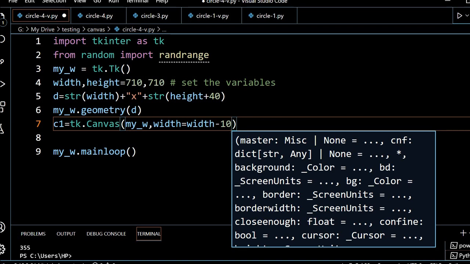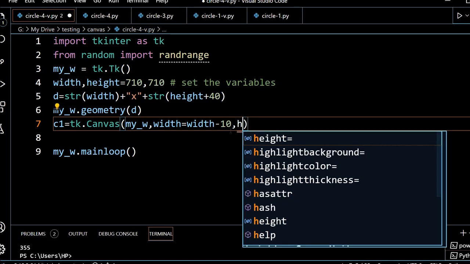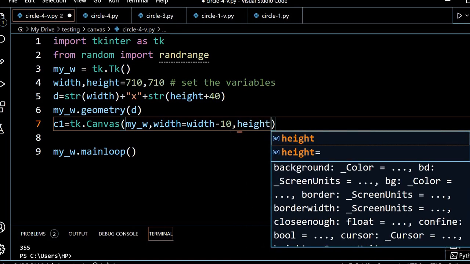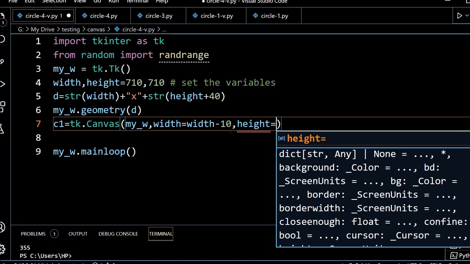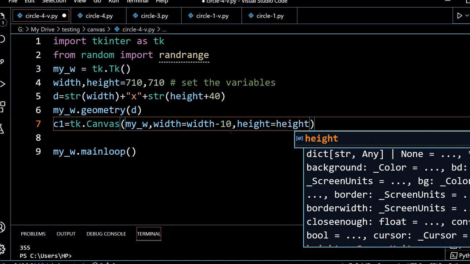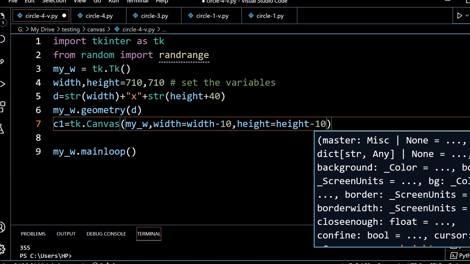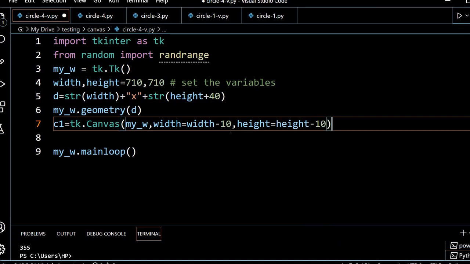I am just reducing 10 because I am giving a little edge on both sides. That is the reason why we have used variables. If I want a smaller window, I can just reduce it in one place at line number 4, and the entire script will adjust. Here the height is equal to height minus 10. So now the canvas is ready.